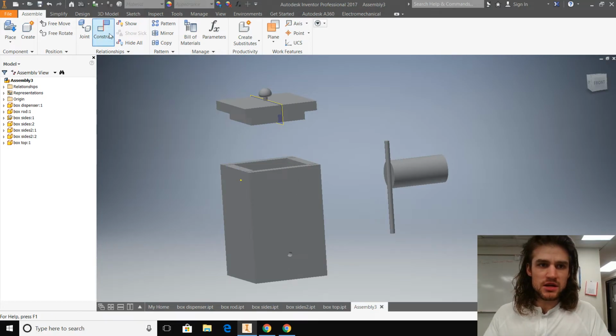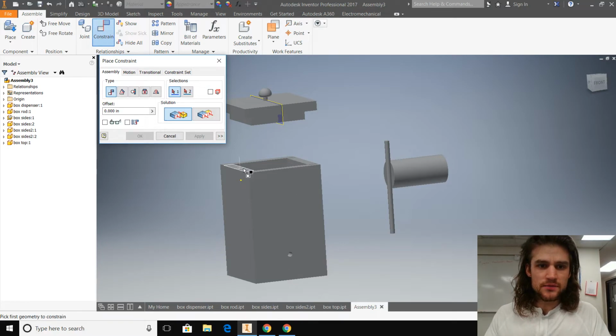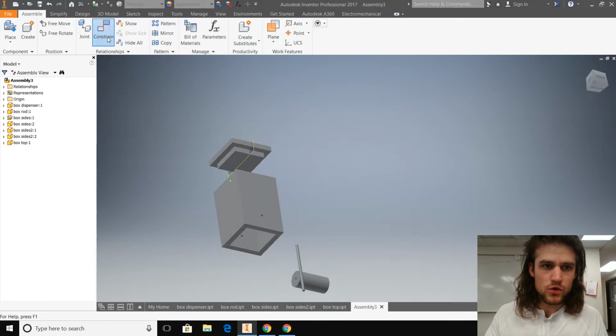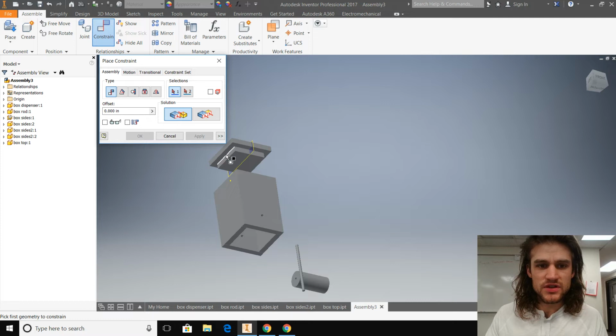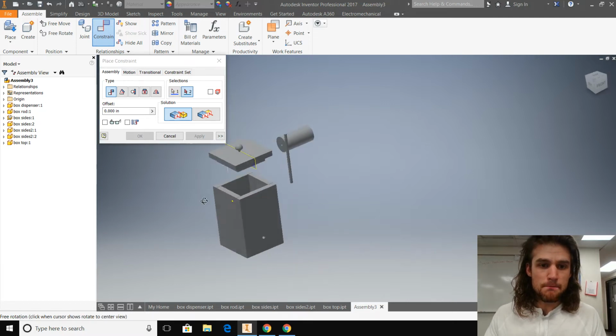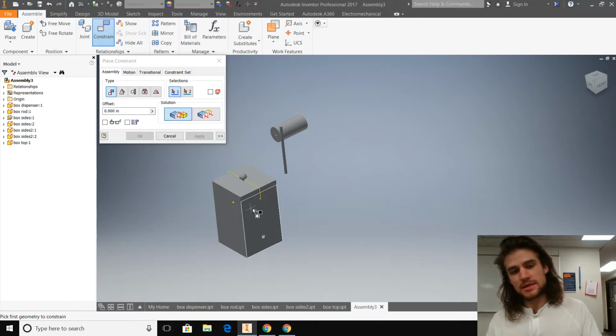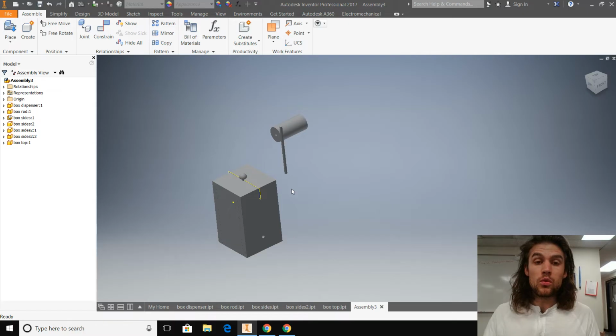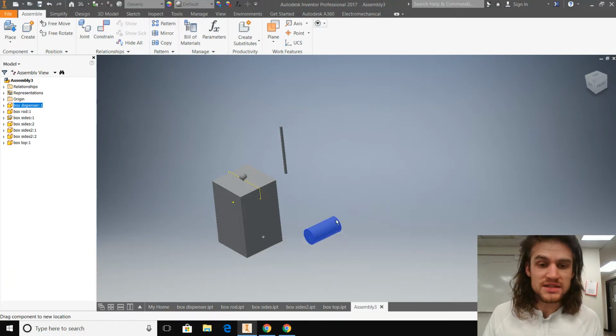Oops, I think I might have clicked the wrong thing. Constrain right there. Okay, oops, I clicked escape, of course. All right, there we go. Mate that one to that surface right there, apply, and it snaps into place. Everything looks good. All right, now we got to do the tricky part, which is to put our dispenser and